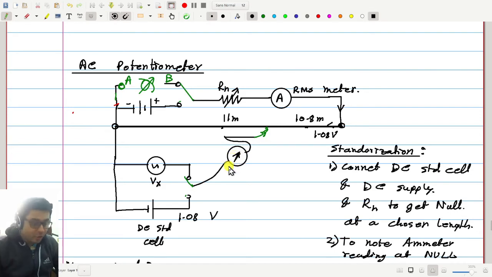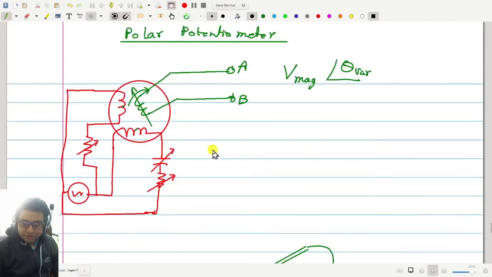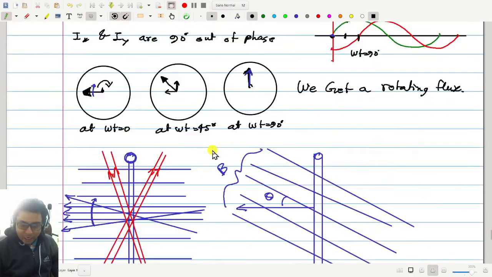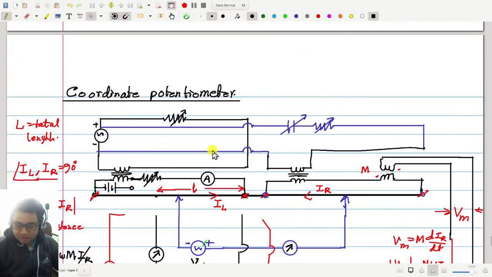whenever I said galvanometer, that was absolutely wrong. So we may use some AC meter, any type of AC meter. You may also use a galvanometer with rectifiers, that is also fine. Sometimes, at least in earlier days, people used to use headphones to hear whether you are getting any signal or not. You can use an oscilloscope, all those things you can use. But when I said galvanometer, that was absolutely wrong.